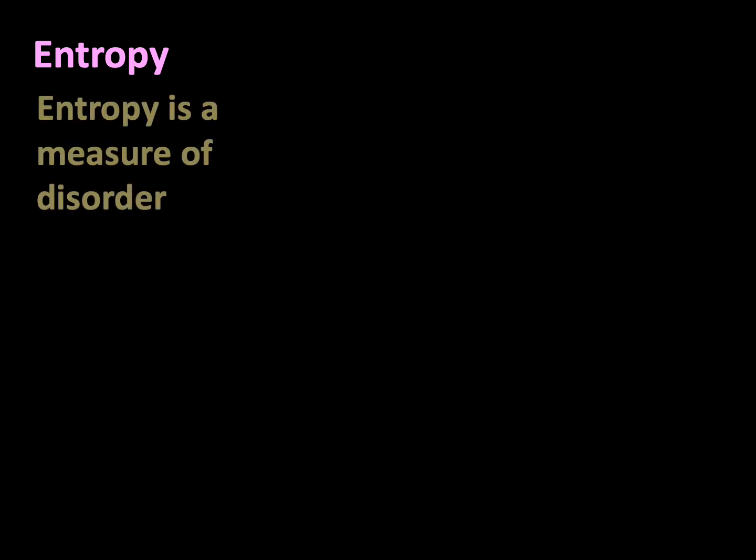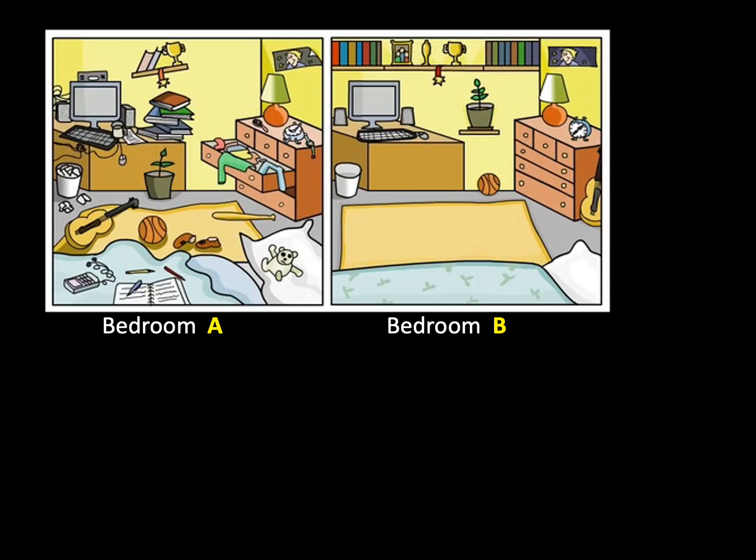A slightly trickier idea is entropy. It's a complicated sounding word, and it often causes confusion, even to older pupils. Well, we're going to have a very simple definition of entropy. Here's a good example. Look at these two pictures. They're of a tidy bedroom and a messy bedroom. You might want to consider which one yours is.